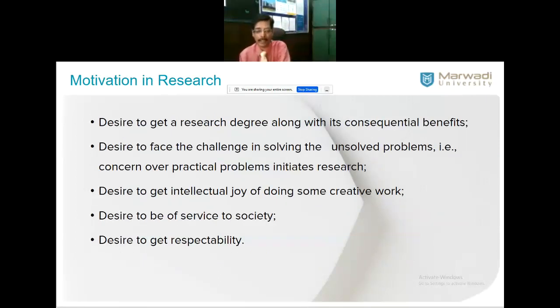So motivation is a general thing. Young faculty may ask, why do I have to do the research, sir? Number one is you are getting a respectable degree, a research degree. When you get this degree, PhD, you write your name, say, for example, Kathy. You write Dr. Kathy, or Dr. somebody, maybe Rushika or somebody. You can just think, you feel that thrill in that, even now without acquiring the PhD. So that is the power of this PhD.